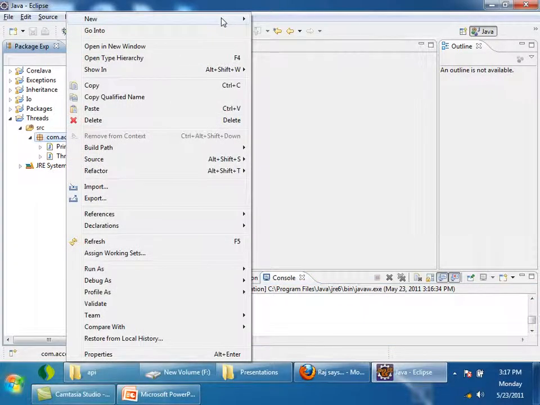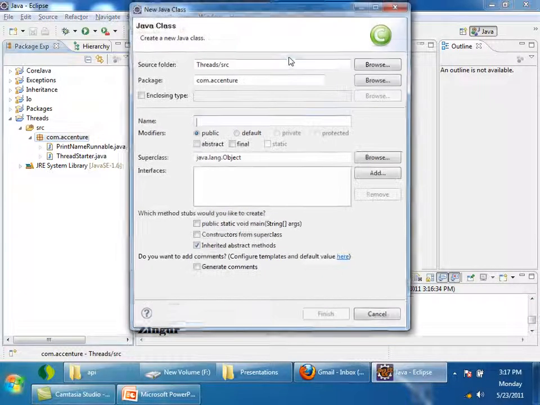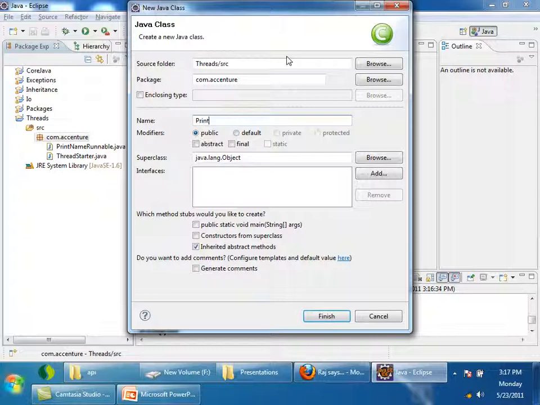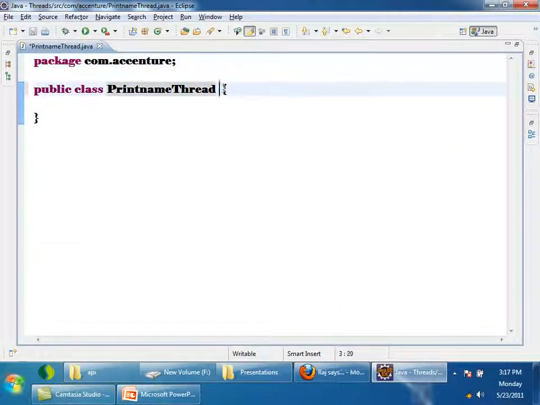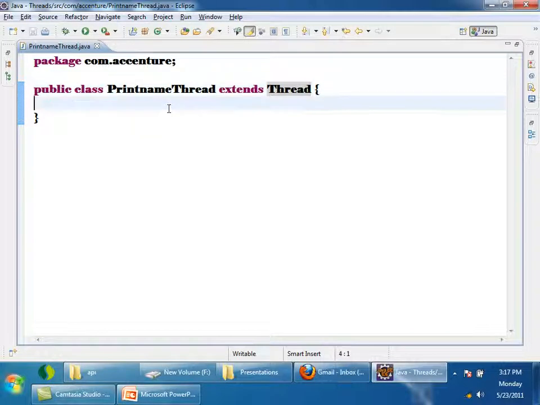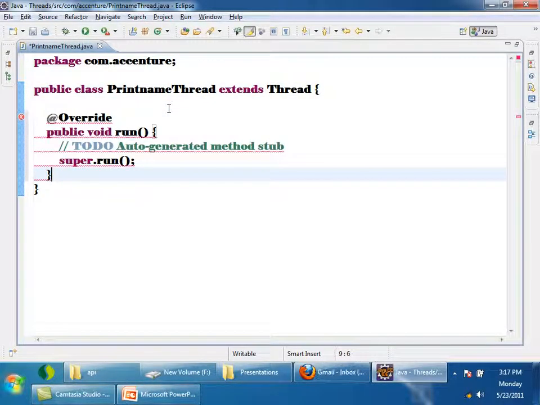Now I'm creating a new class, PrintNameThread. See here, this is a class and I'm extending Thread. And I will override a method called run. What did you understand?